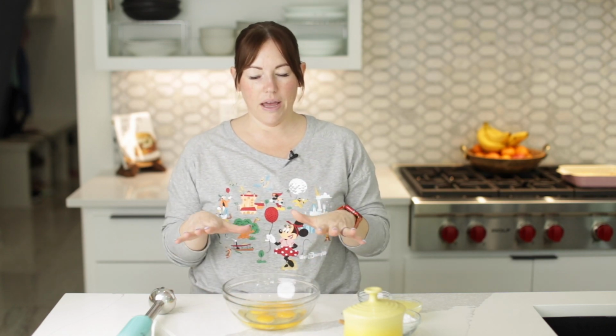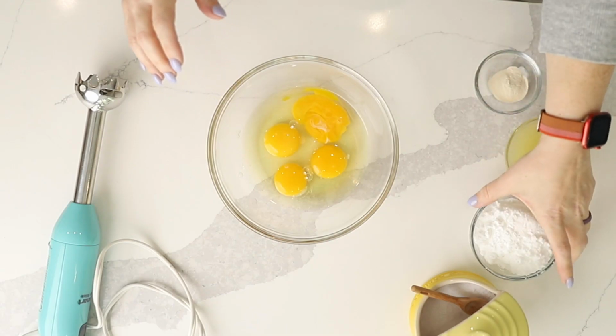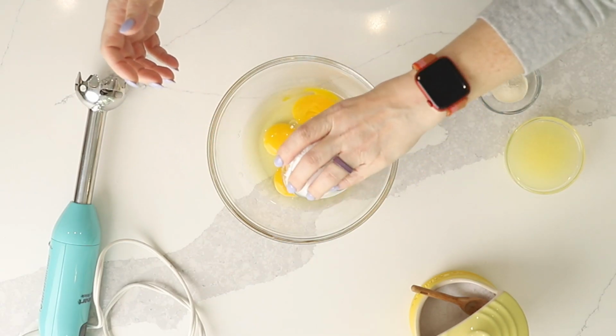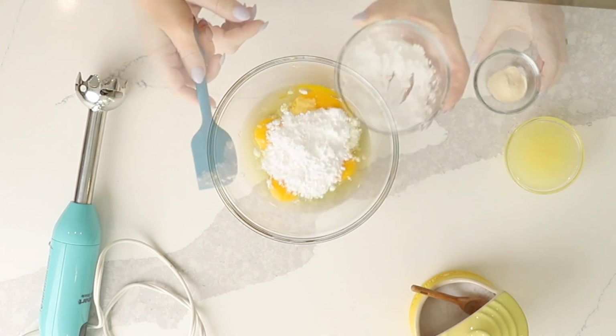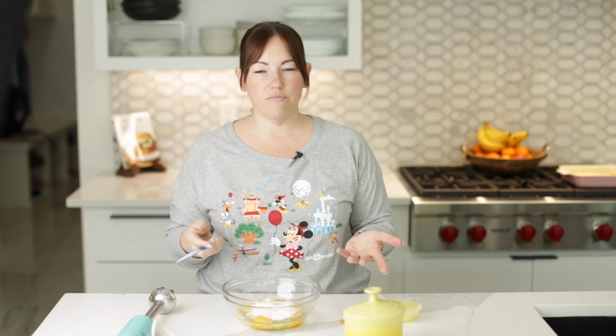Okay, we've got our crust out of the oven and it looks perfect. It is nice and golden brown. And now we're going to make the filling. So I've got 4 large eggs, and I'm going to add a half a cup of powdered sweetener, 1 teaspoon of xanthan gum. And if you don't know what xanthan gum is, it's common in foods you can find at